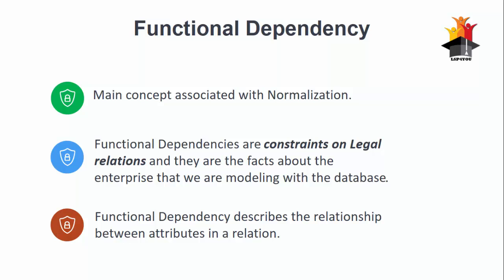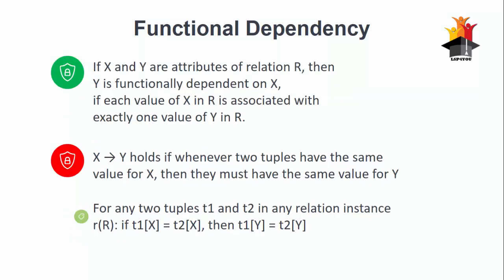There is no algorithmic method of identifying dependency in a relation. We have to use our common sense, judgment, experience and expertise to specify constraints. This is a very important topic from the point of view of normalization. If you get the functional dependency basics very well, then you will easily understand the concept of normalization and normal forms. If X and Y are attributes of relation R, then Y is functionally dependent on X